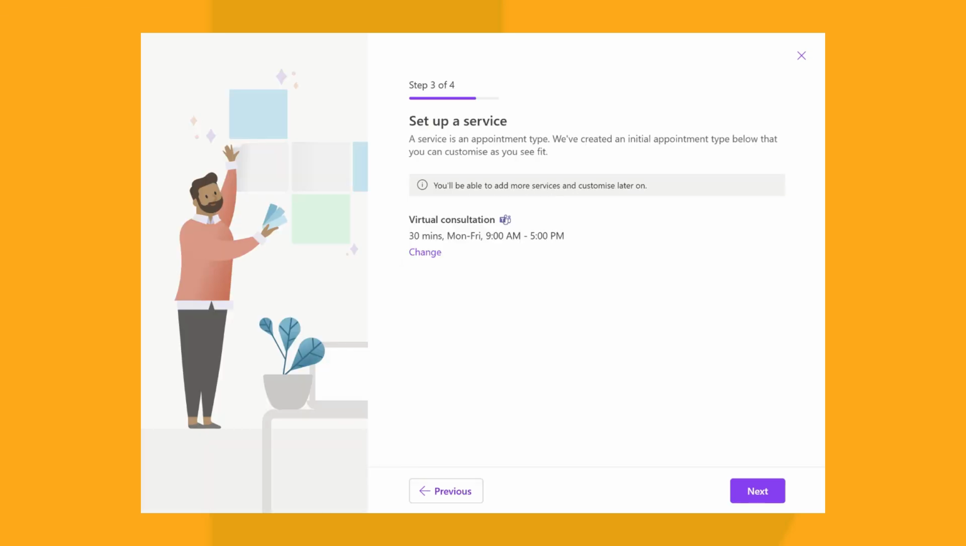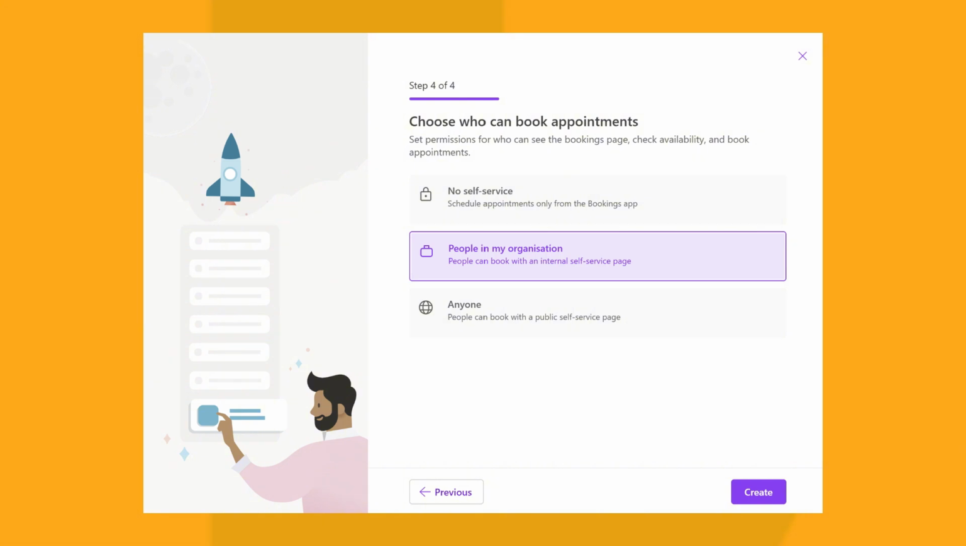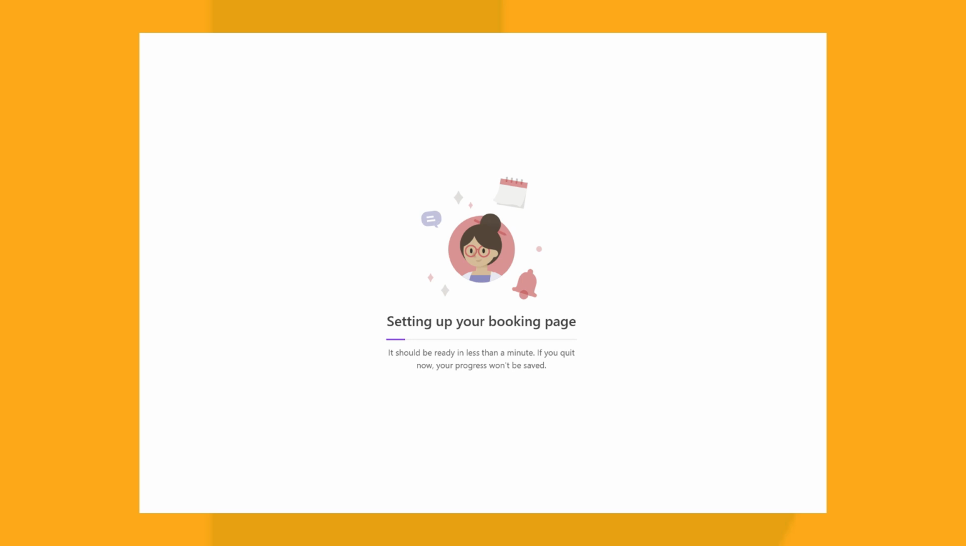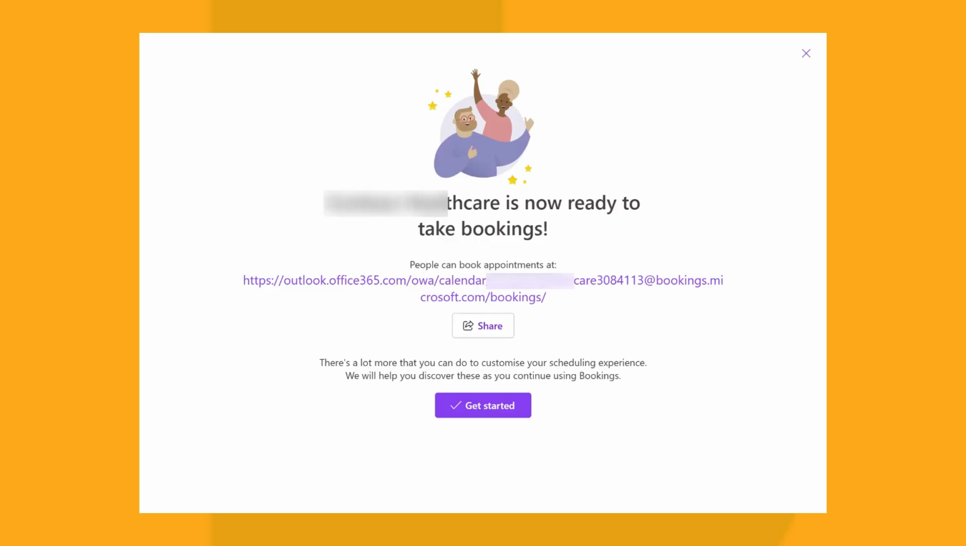The next step is to set up a service. Now this is where you customize appointment time as you see fit. After that, you can click on Next. Then go ahead and choose who can book your appointment, then click on Create. It's going to take a few seconds for the page to be set up, and after it's been set up,